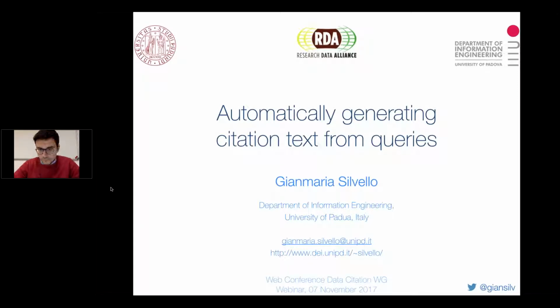I'm very glad to have today Maria Silvello with us, who will be presenting a webinar not on an entire implementation of our recommendations in a specific domain, but who will focus rather on one very specific recommendation, which is the automatic generation of basically human readable and machine processable citation text snippets that actually act as a link between the data, the query, and what we put into a bibliography, into a reference, into a citation.